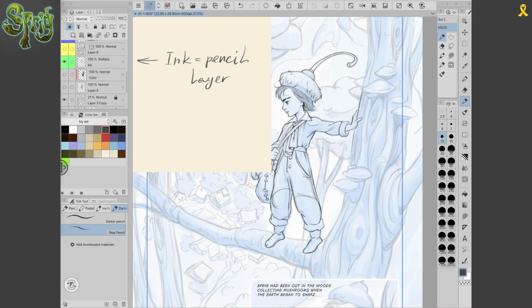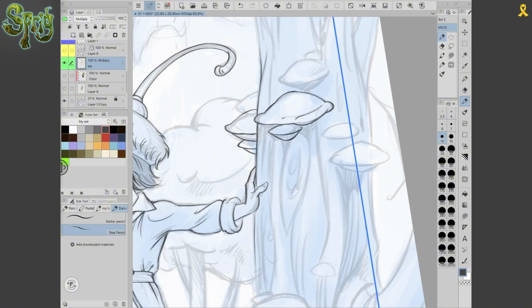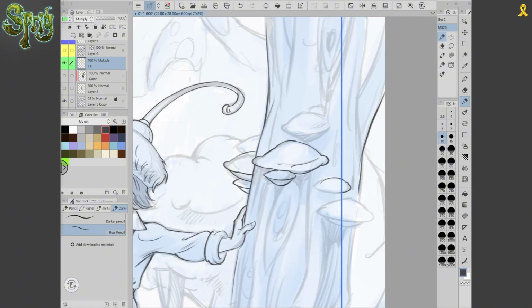I would like to say that I can mark it with some color just to be sure that I'm standing on this layer and I'm drawing on the right layer. For this reason I found this feature of Clip Studio Paint very efficient. And so I continue to draw and to add lines on the ink layer, to refine